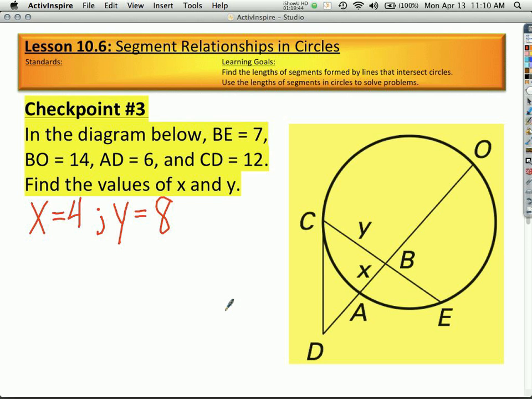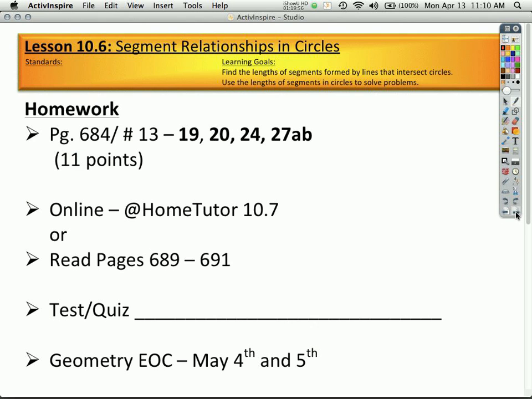If you couldn't find X, I understand, but the question we did a few minutes ago was even harder. Unfortunately, I'm out of time, so we'll have to explore this at a different date. Your homework is on page 684. You're doing numbers 13 through 19, 20, 24, and 27, A and B. 19, 20, 24, and 27, A and B are all in bold. That is because they are the questions where you should be spending your time. 13 through 18 should be much quicker. Take some time to do the at-home tutor or read the next section. And a reminder that your EOC is on May 4th and